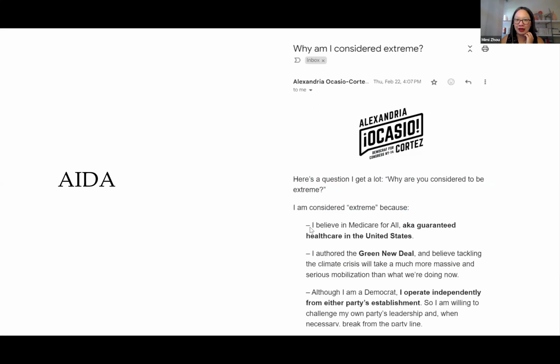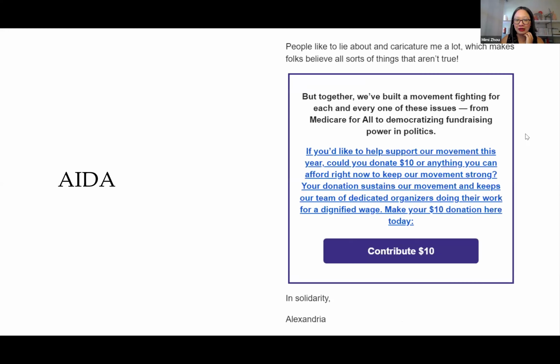This email is left aligned, but the call to action is center aligned. So there's a pattern break there, which makes it catch the eye more. It's above the fold, and you really cannot miss this big blue link. It's just giant. And on top of it, there's also a button. So these are elements of design that you might want to think about around your call to action. It makes the click easy. All right, so I really like this email as an example of ADA.